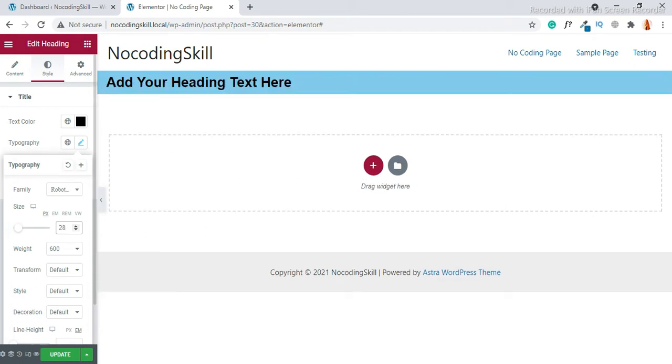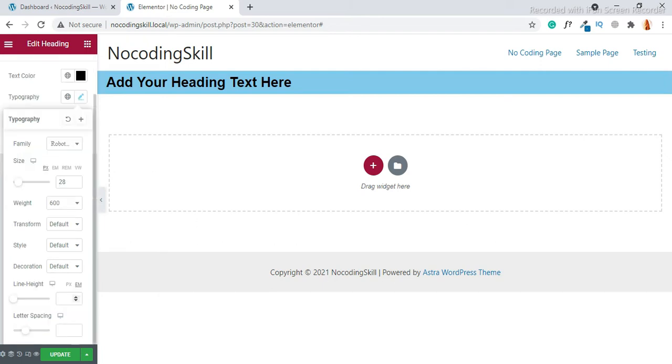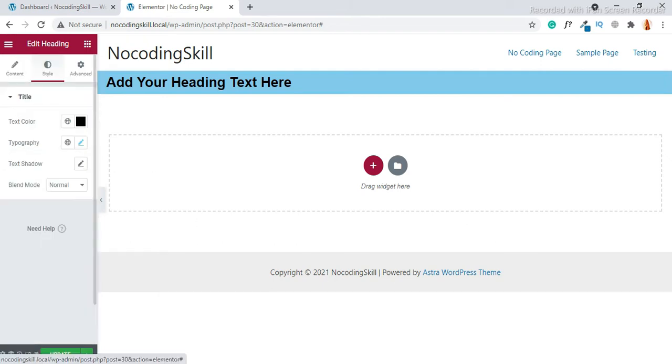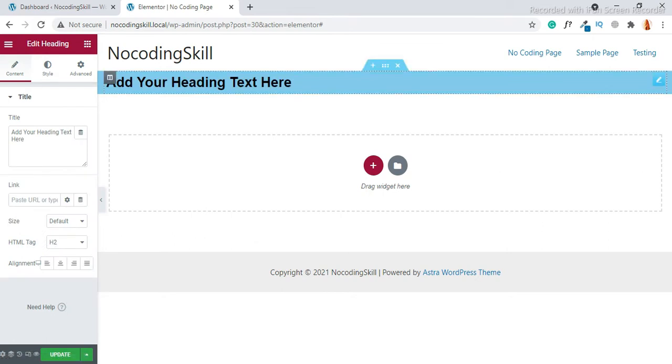I'm giving 28. You can set the weight, meaning thickness, line height, letter spacing. So this is how you can give a color to your section or text.